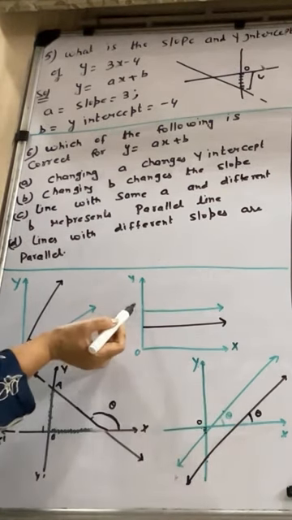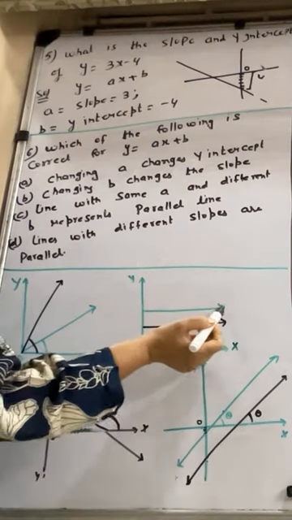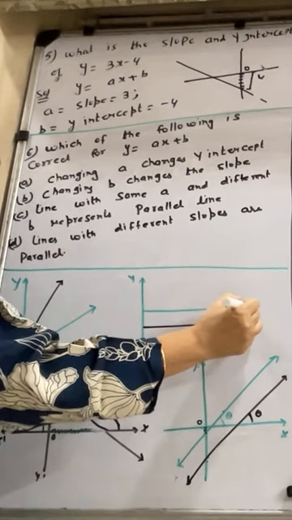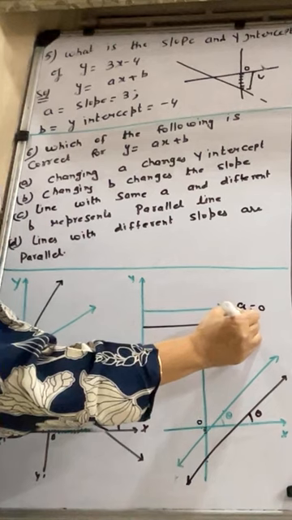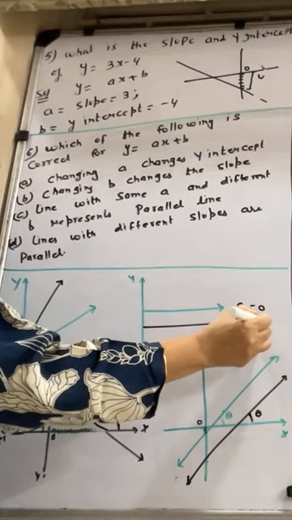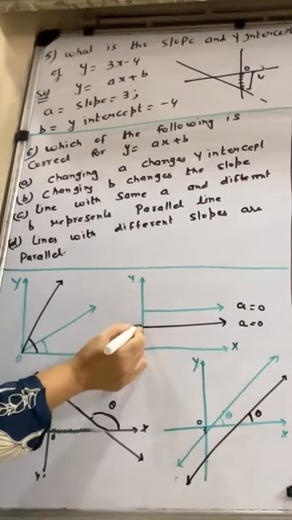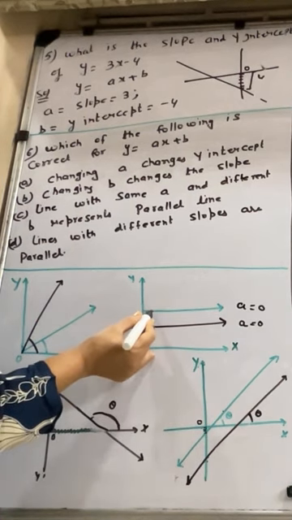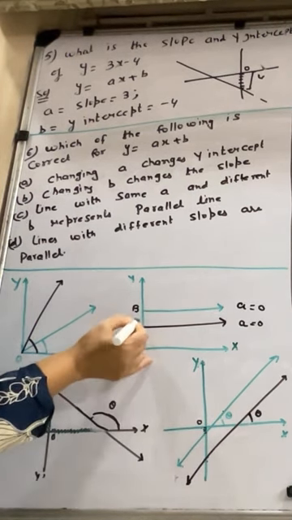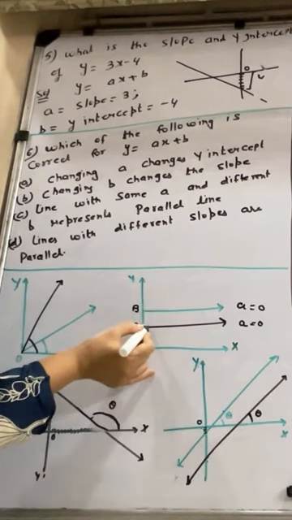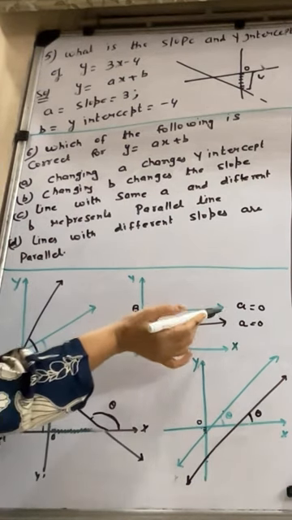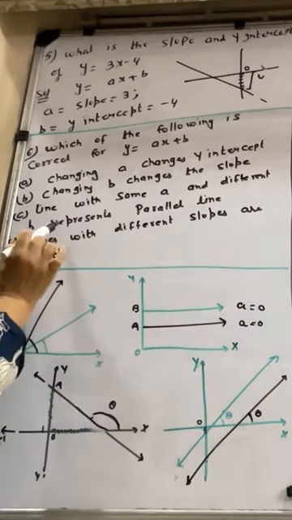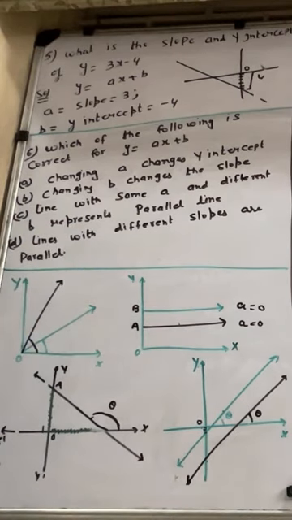Yes. Look at over here. These two lines are parallel to the x-axis. So for these also a will be 0, since the inclination is 0. But if I look at the y-intercept for this line, it is OA, and for this line, it will be OB. So these two lines have different b, but the same a. So are they parallel? Yes, they are parallel to each other, right?